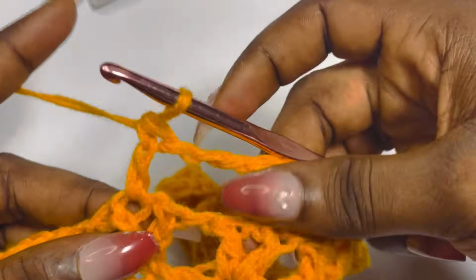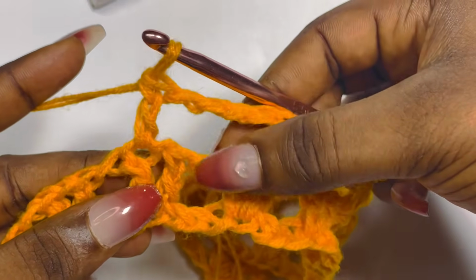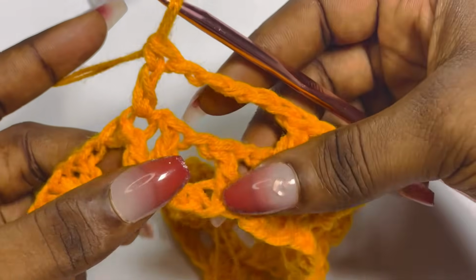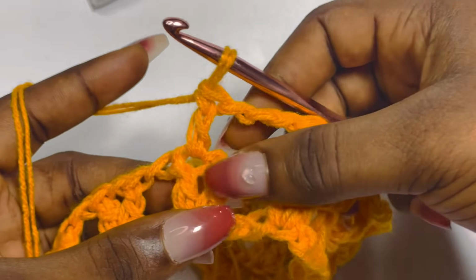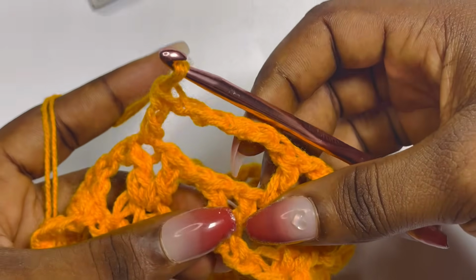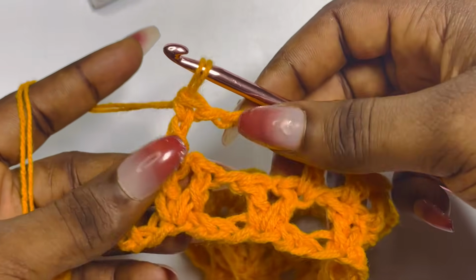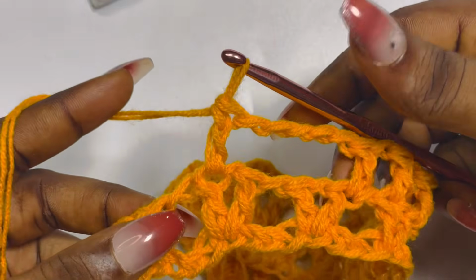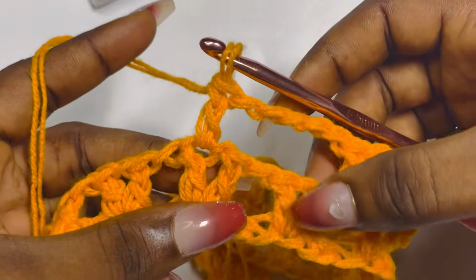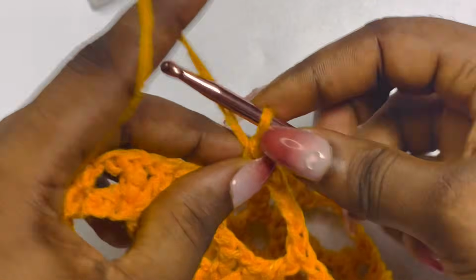So in case you don't get this, let's just say you're going to skip chain 1, a double crochet, chain 1, a double crochet. Just skip 2 mesh stitches and place in the 3rd mesh stitch. But if you count it from here, 1, 2, 3, 4, 5, you would have 5 stitches. But in case you don't want to waste your time counting, you can just skip 2 mesh stitches and place in the 3rd stitch. So we're going to chain 1,